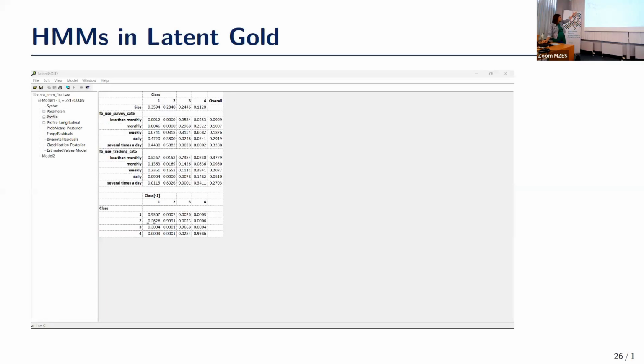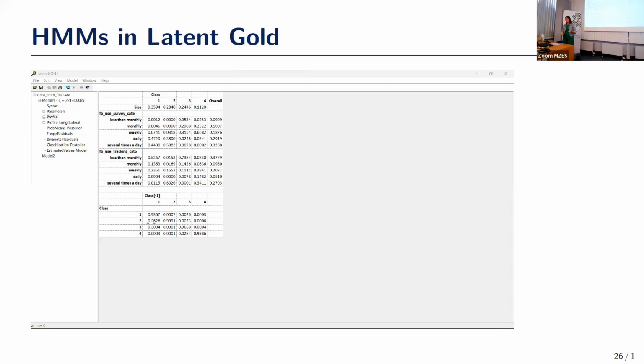We have class 2, those are frequent Facebook users. Class 3, those are infrequent Facebook users. Class 4 is semi-infrequent Facebook users. And class 1 are frequent Facebook users who are incorrectly tracked in the tracking apps. These are frequent Facebook users who have missing information, or only partially observed information in the tracking data,